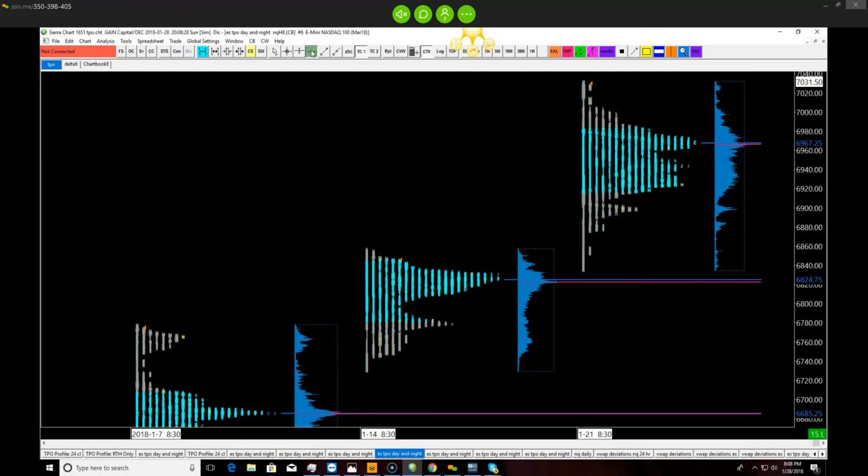So number one, to have any kind of significant move down, I must get below 69.1450. That's 100 points away right now. I expect a responsive buy at the bottom of this area down here tomorrow. If we get down there, I wouldn't expect to push back below, number one. Number two,